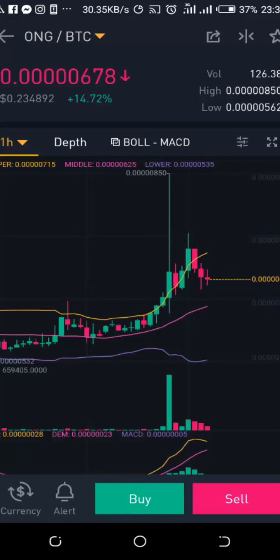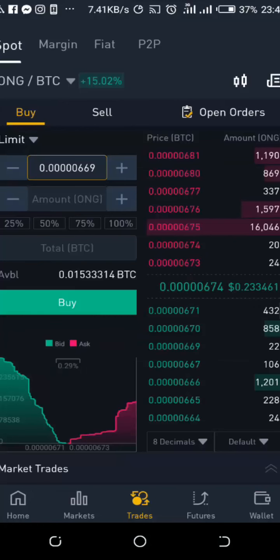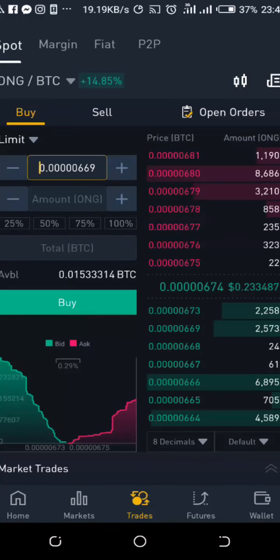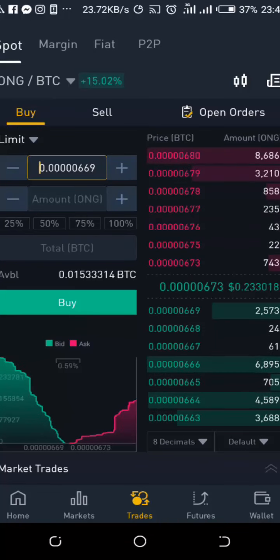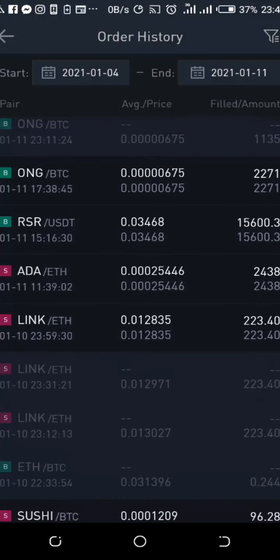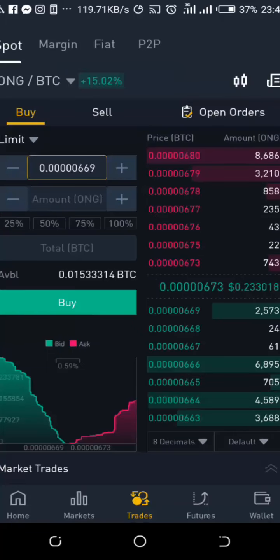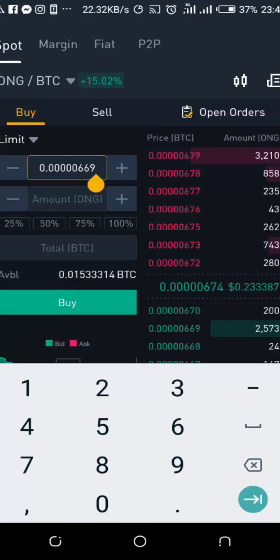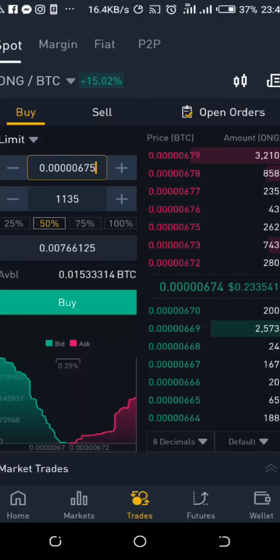On the Binance, from the buy page, if you look at the history, it says we got ONG in the pair of BTC at the price of 675 Satoshi. So what I did was I typed 675 and then purchased it with 50%